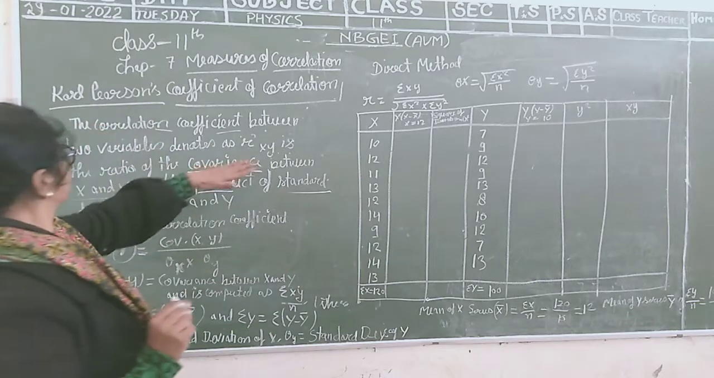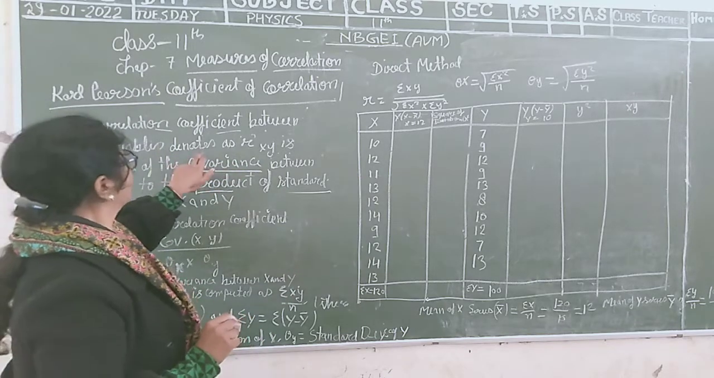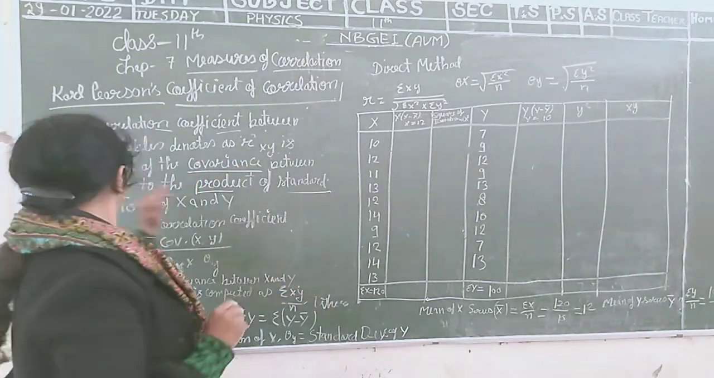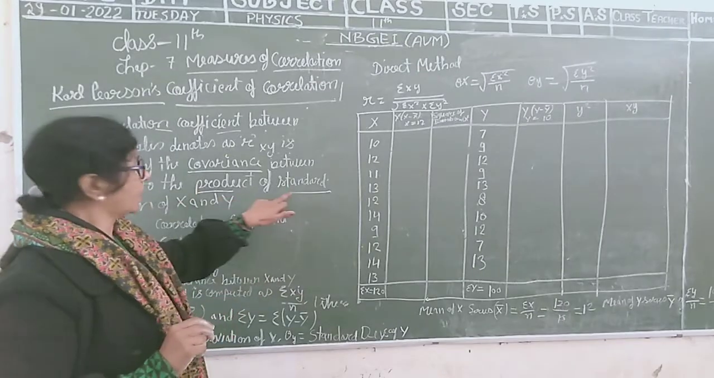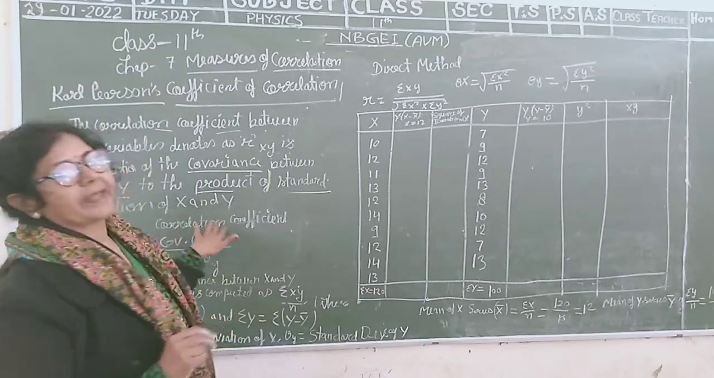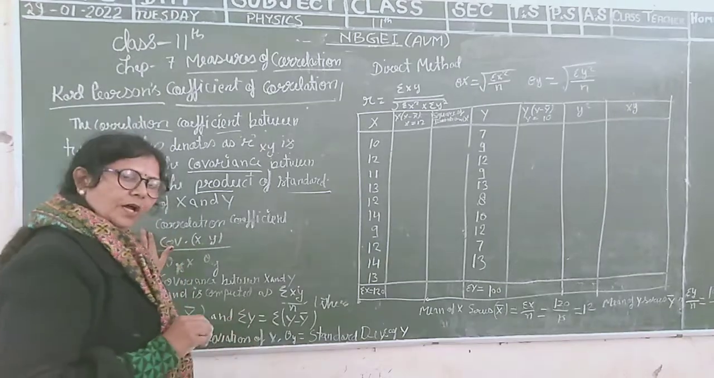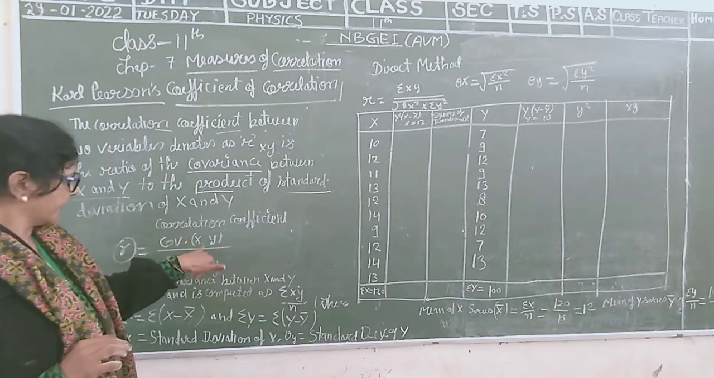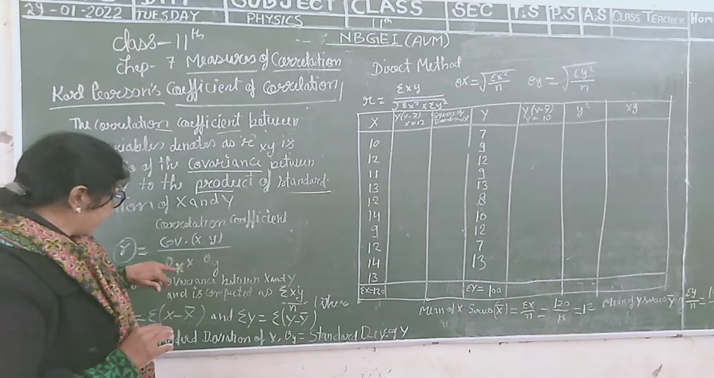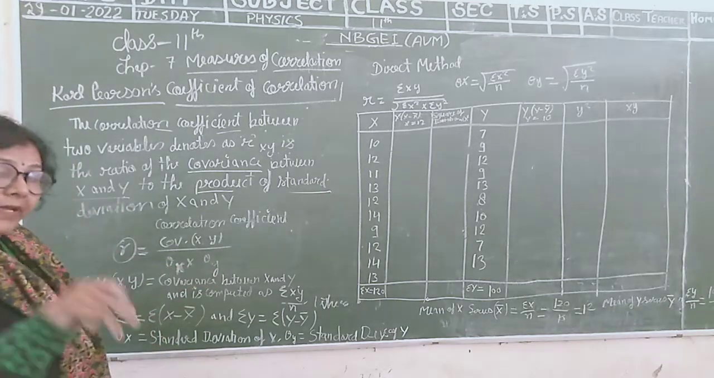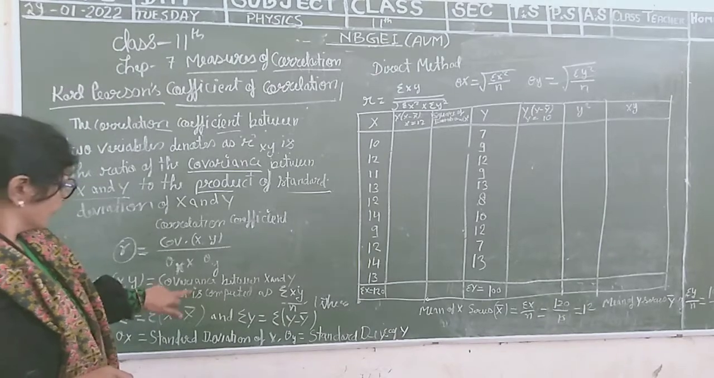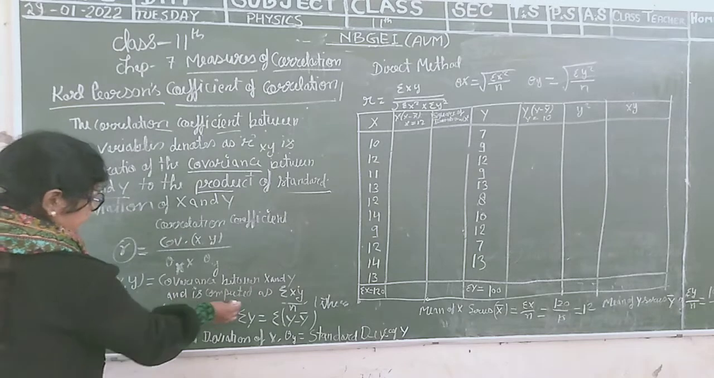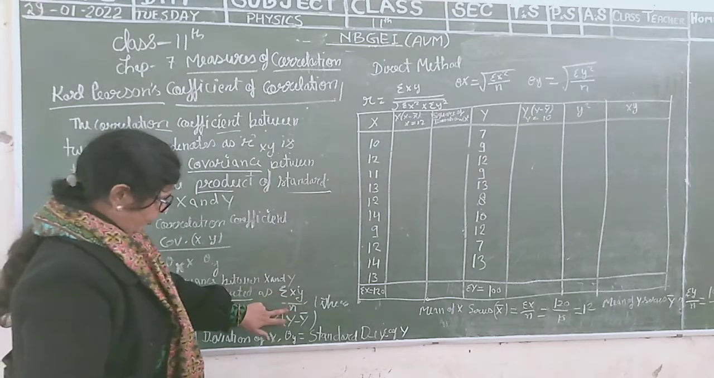What is Karl Pearson's coefficient of correlation? The correlation coefficient is denoted as r. It is the ratio of the covariance of x and y to the product of the standard deviations of x and y. What is the formula? Correlation coefficient equals covariance xy upon sigma x into sigma y, where covariance xy is the covariance between x and y and is computed as sigma